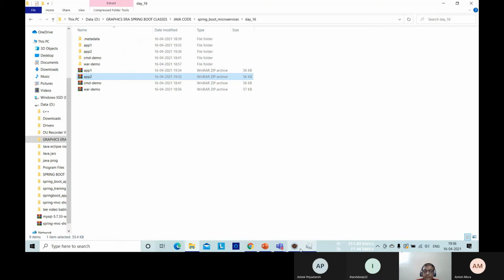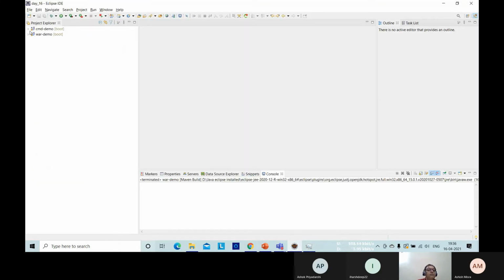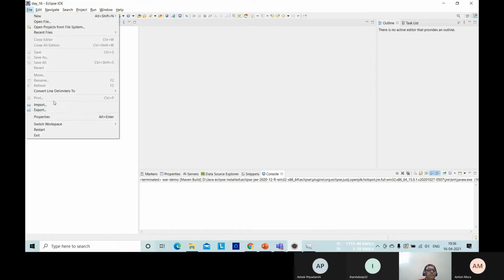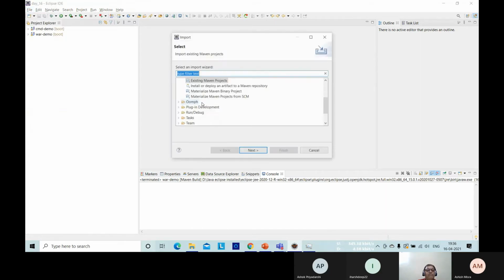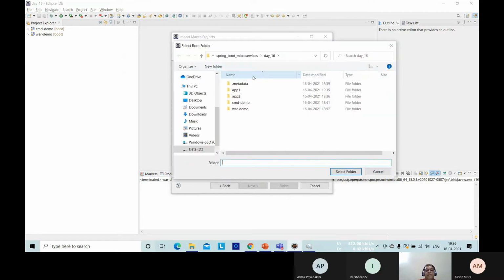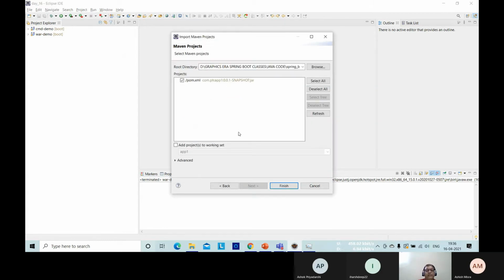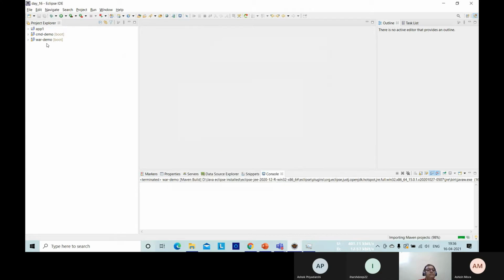Now let us import that project. First of all, app 1. Next, app 1, app 1, app 1. That's all. Select, finish. App 1 came. Let me import app 2 also.